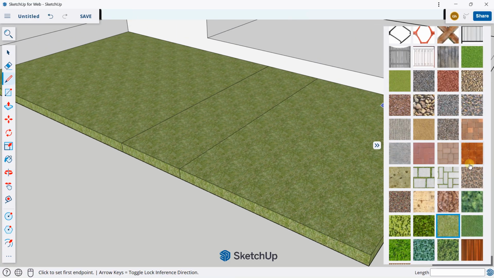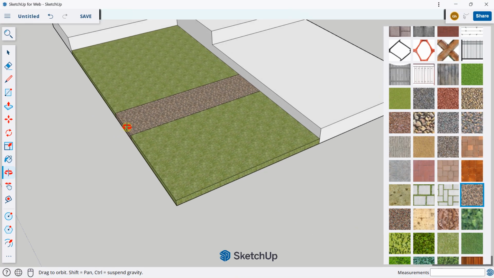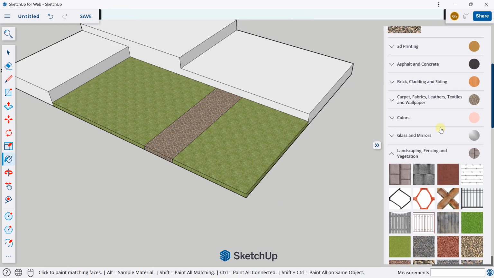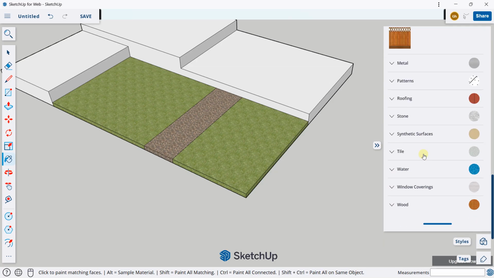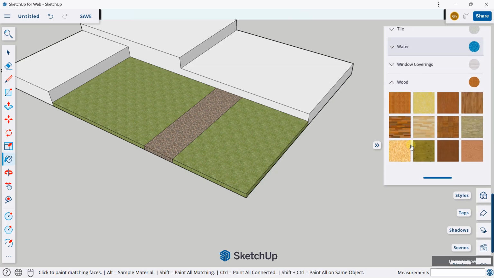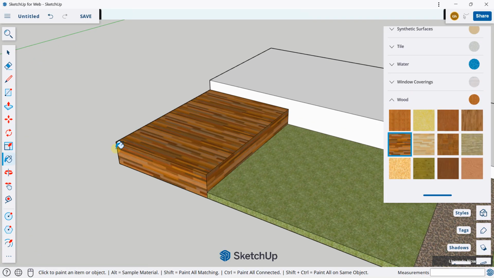And I can switch for another type of material. If I want to have some rocks like this one, I can drag and apply, for example, this one here. If you have multiple types of options, if you want to add something like wood, you can find wood here. And you have different types of wood. For example, if I click on this one, as you can see, I can apply some wood material, maybe here